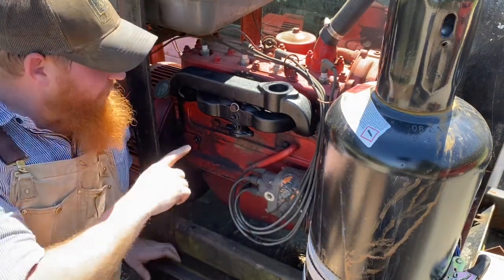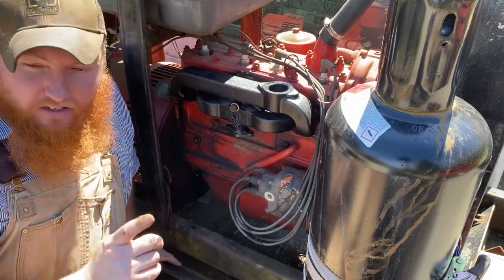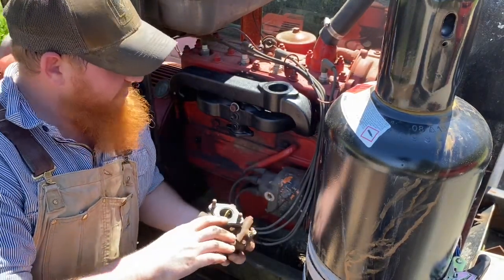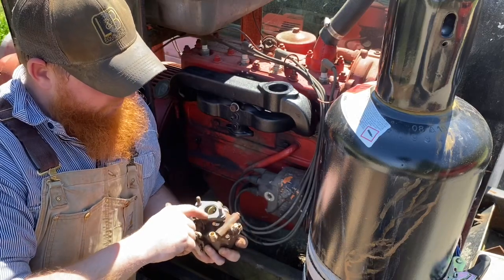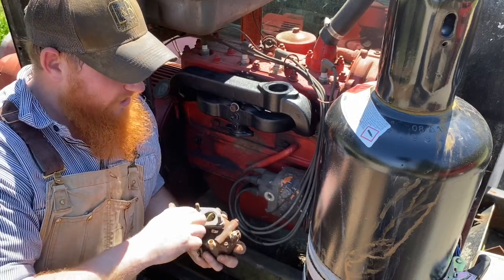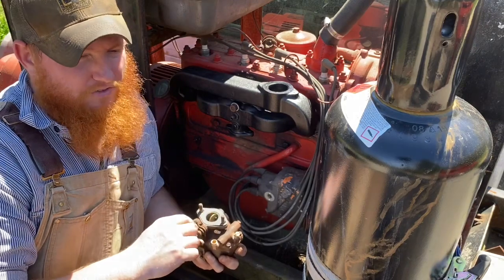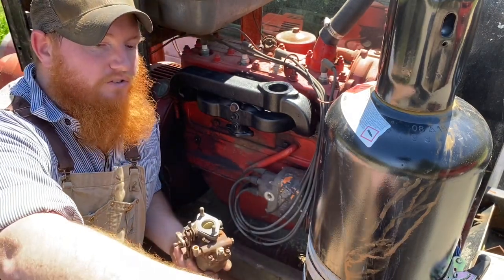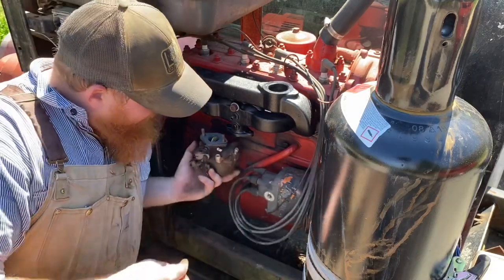All right, now we're going to put on the carburetor, and here it is. We got a new gasket on here, and I don't like to put any stickum on these gaskets either, because you do have to take them off sometimes when you're cleaning the carb back out or something like that. And also on these updraft carburetors,